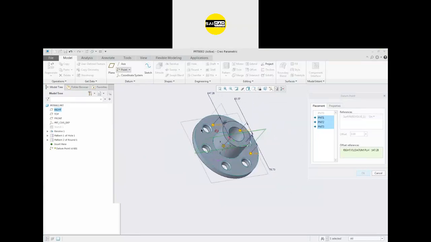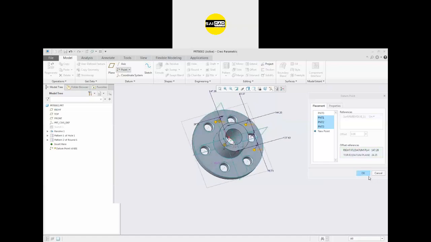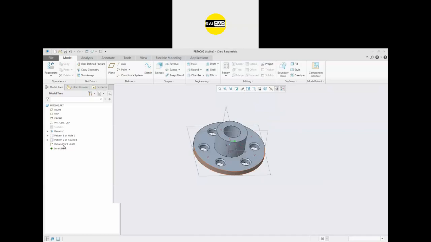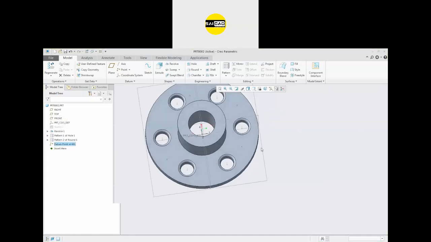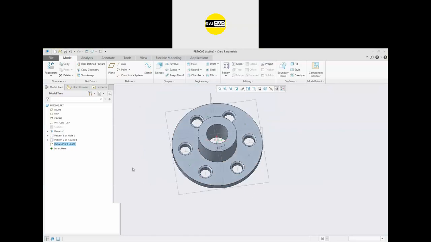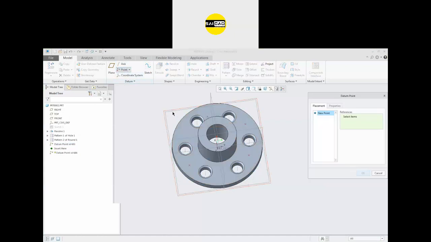In this way, you can define your references, and the points will be there. You can see in a single option there are multiple points here, four points. If you want to create some different points, you can just click and create the point on a new location.